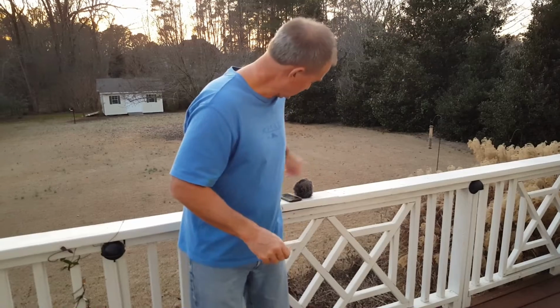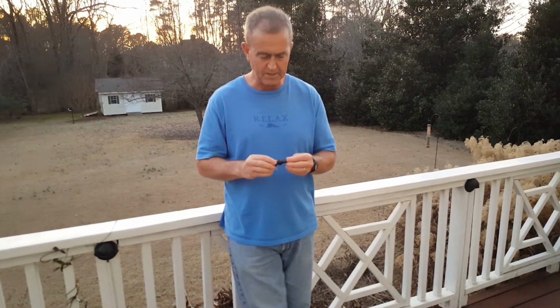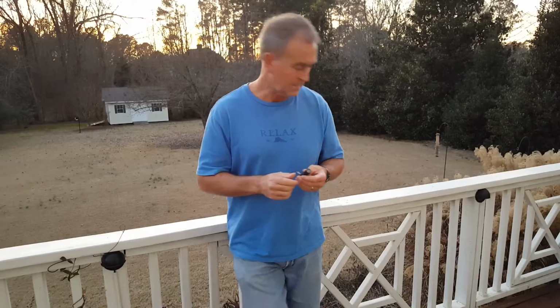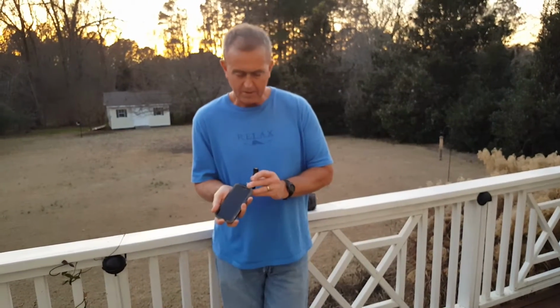So one piece of equipment that I found recently is a microphone. And this particular model happens to be called a VideoMic ME. VideoMic ME. It's made in Australia. And these are somewhat directional mics. And I'll take my son's iPhone here. And you can actually just plug it in